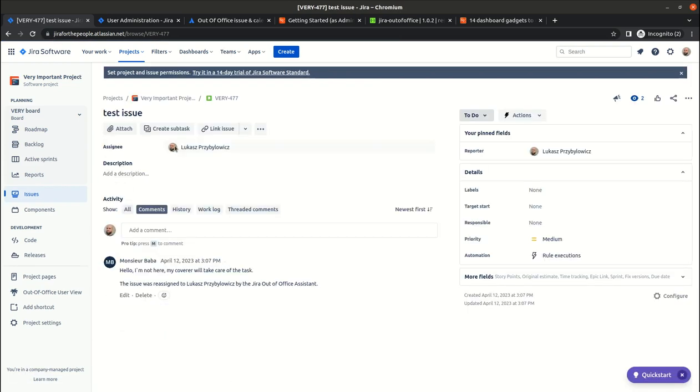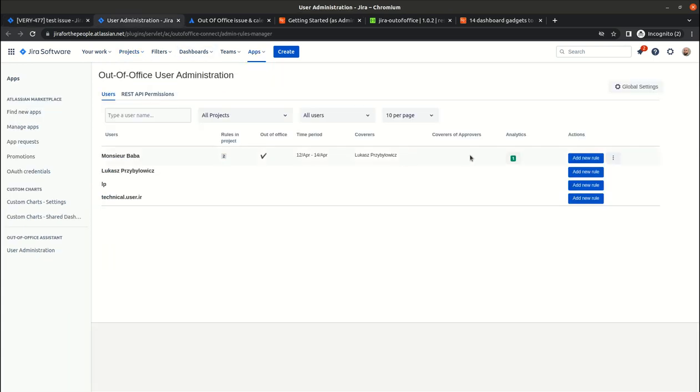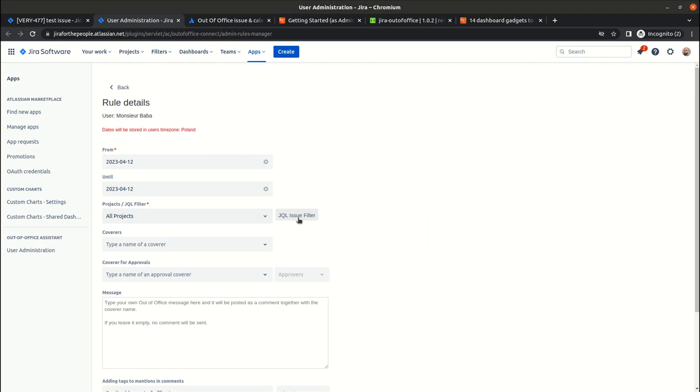As you can see, the assignee field is here because of the configuration of this project, but still the assignee was set automatically right after the issue creation, and also the comment was added automatically. The issue was reassigned to Łukasz Przybyłowicz, that's me, by the Jira out of office assistant. So you can see how useful it is,